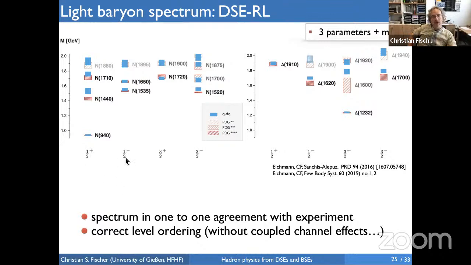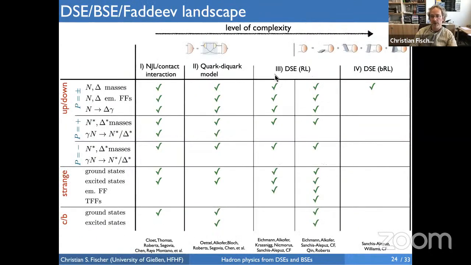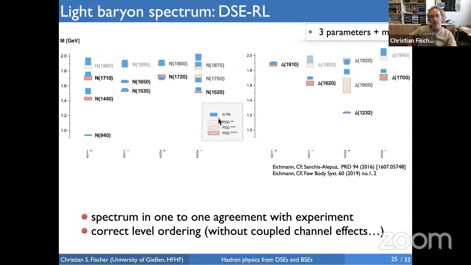Here again, we have some of the quantum numbers which we saw previously in the quark model calculations: 1/2 plus, 1/2 minus, and 3/2 plus, 3/2 minus. And what I compare is results from the quark-diquark framework in this rainbow ladder approach. So we are now in this channel here, the full-fledged Dyson-Schwinger rainbow ladder with quark-diquark. And later on, I will also include results from this channel, the Dyson-Schwinger with the three-body equation. Okay, this is quark-diquark compared with the PDG results, and these are updated.